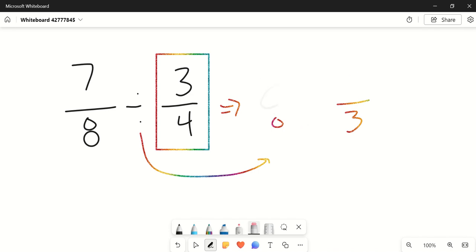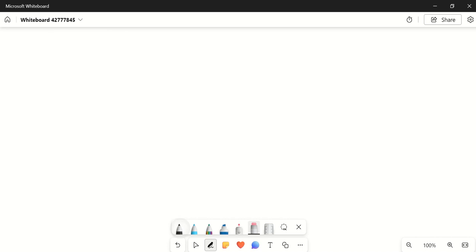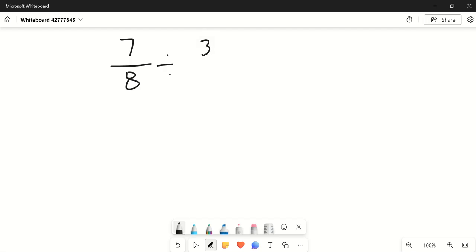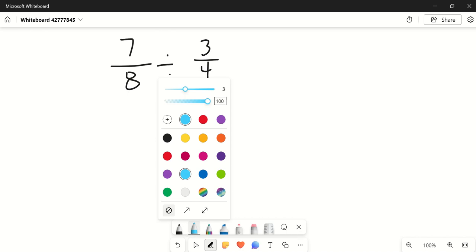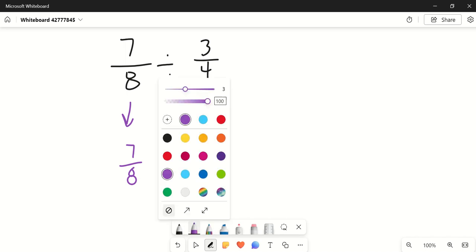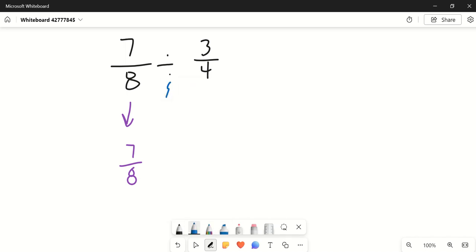Now, another way to show this, and this is the way that I like to write this out. So the question again is 7/8 divided by, and I believe it was 3/4. I always use what I call the arrow method. Some teachers like saying copy dot flip or something like this. I use 3 arrows. The first fraction will come straight down as normal. So the straight arrow. The second arrow, we shake things up. We take that division and we shake it to become multiplication. And the third arrow, we flip it. That 3/4 becomes